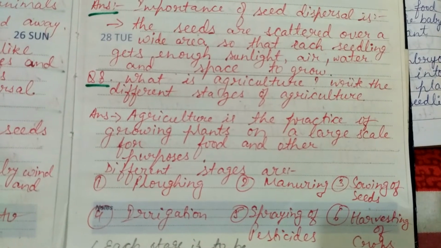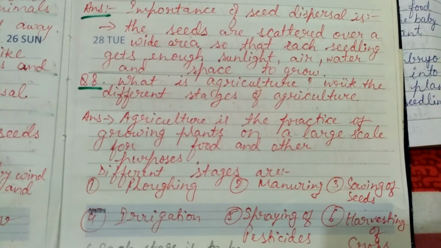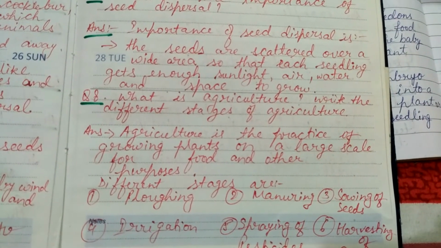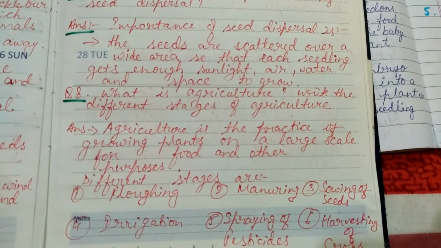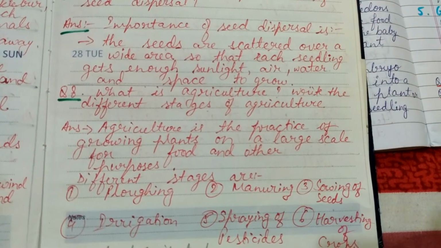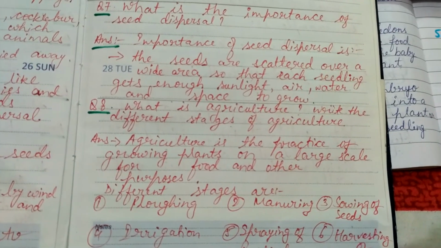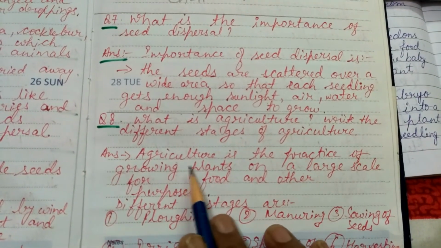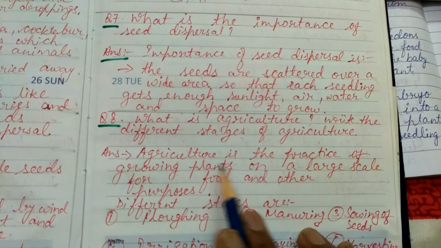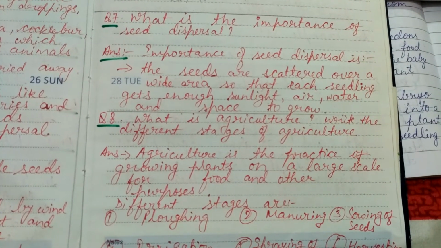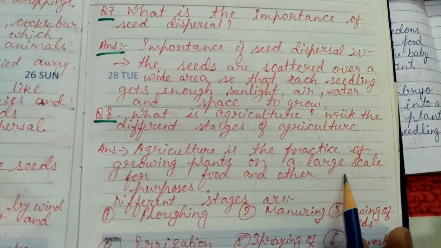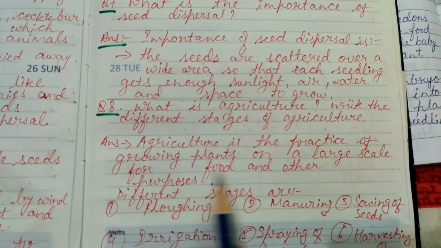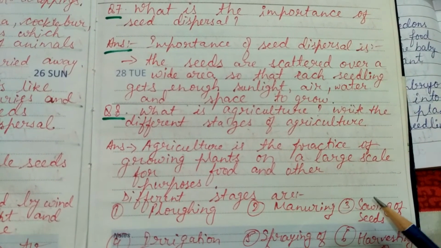So all these things are to meet our demand, either for food or some other purposes, because we also know plants give us medicines like the tulsi plant, like the neem plant, like the mint. They are also useful for furniture work like the teak wood, like the shisham tree. Okay, so lots of usefulness and benefits are there from the plant side for us. So that's why agriculture is the practice, the method, the phenomenon of growing plants on a large scale. Agriculture is always done on a large piece of land, okay, for food and to meet the food requirement or other purposes.